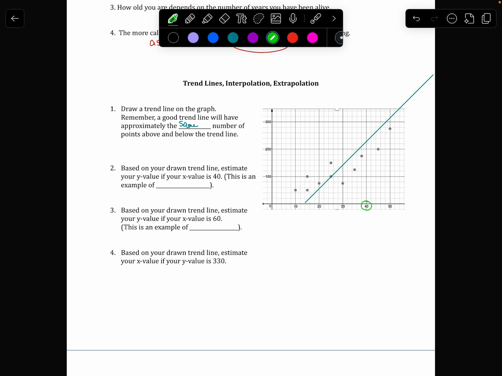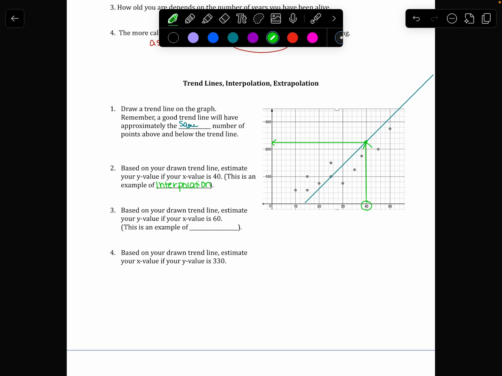Okay, now it says, based on your drawn trend line, estimate your Y value if your X value is 40. So here is where my X value is 40. What I'm going to do is I'm going to go up to my trend line, and then I'm going to go from wherever that touches over to my Y values. And that is where I'm going to estimate based on interpolation,